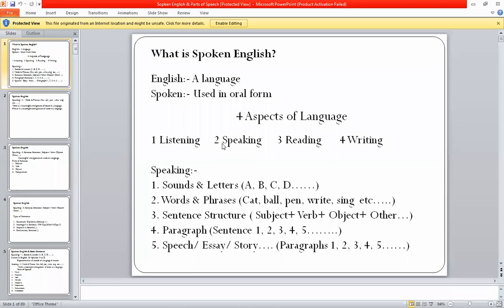Okay, so after speaking, when we become 5 years old or 4 years old, then we are sent to our school. So we start schooling from our fourth year itself, or fifth year. Okay, we go to the KG, or we go to the first standard, and we try to